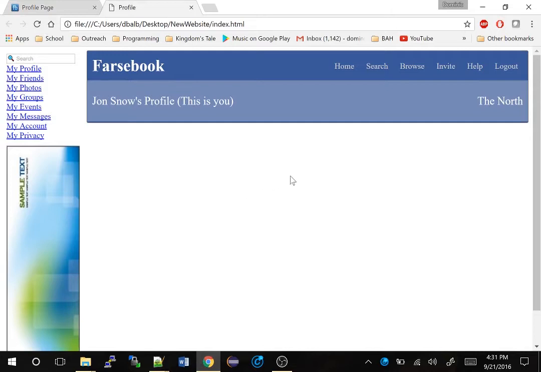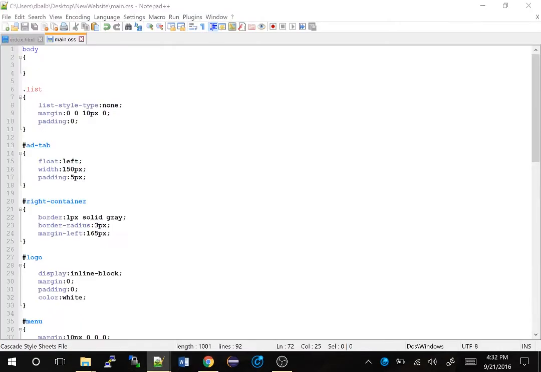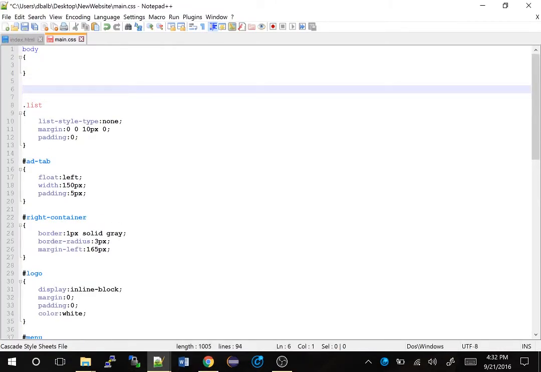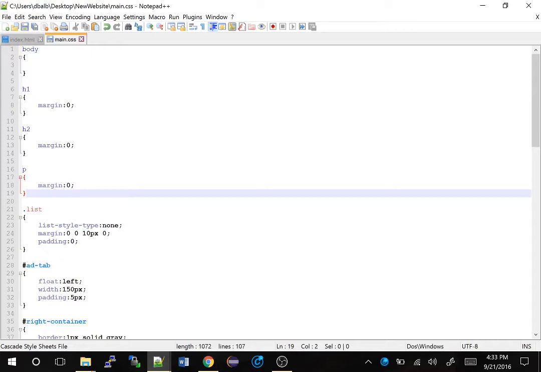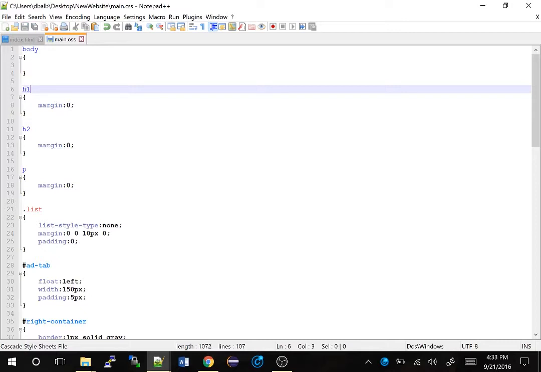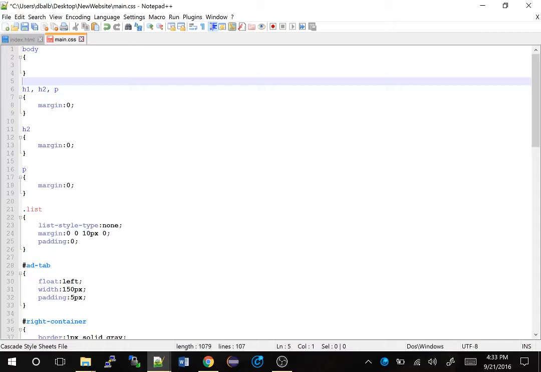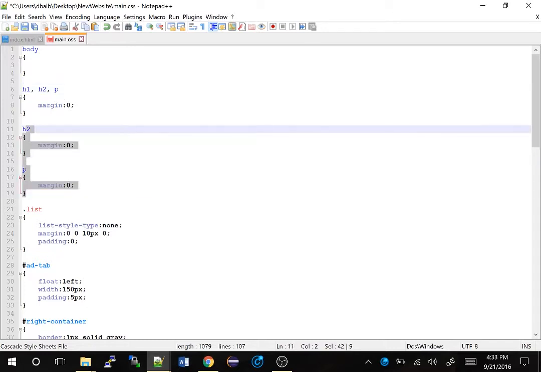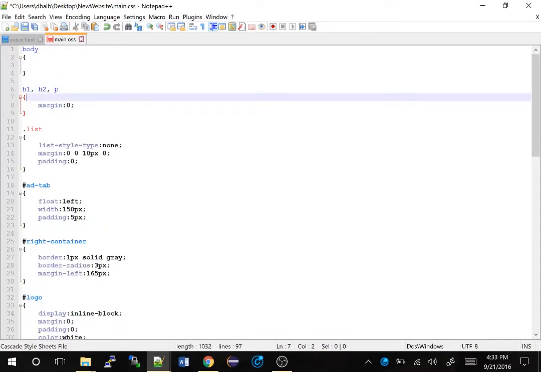Okay, cool. So now I've given this little sliver here. I also just realized that I did something in this other page that I'm just going to copy and paste here. I just set every header element 1 and 2 to have no margin, as well as the paragraph. I don't have to write it like this. I can actually just do h1, h2, paragraph,